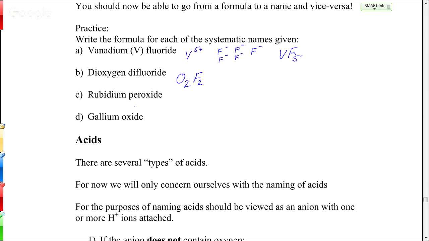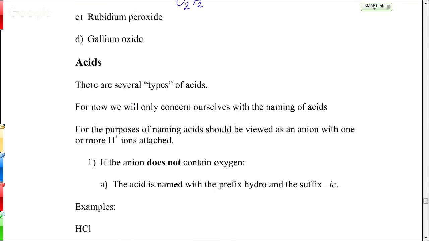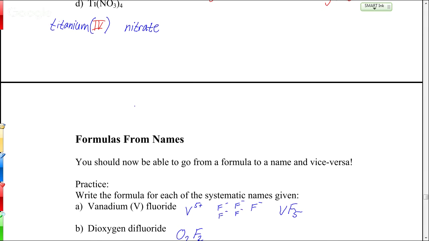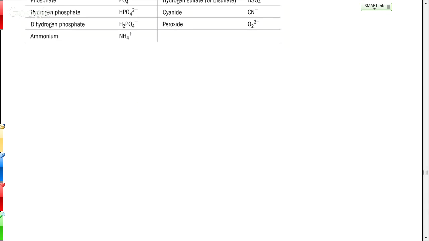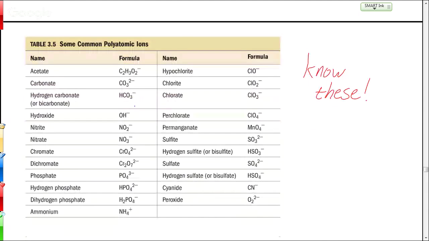Where is it? Here. For those of you who don't have an electronic thing to access the notes on, I'm going to set this back up to the polyatomic anion. So you can use that for our polyatomic ions. There's actually one cation here, ammonium, NH4+. So you can use that as reference. It's up to you how you want to work on this. Work on your own or work with your partner.